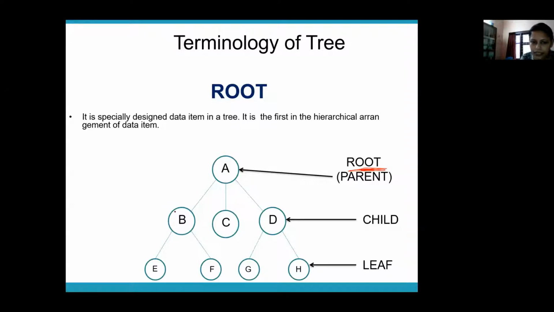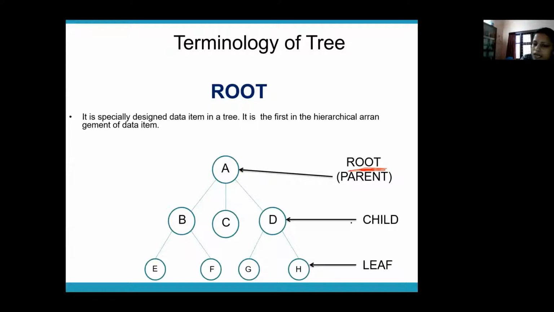So how many subtrees does this tree have? You can say this tree has 3 subtrees. This is one subtree, this is another subtree, and this is another subtree. Okay, so 3 subtrees. So a tree can recursively be defined as a collection of nodes where one node becomes the root of the tree and all the remaining nodes can be partitioned into sets, which will become the subtrees of the tree. Okay, so this is the root node.